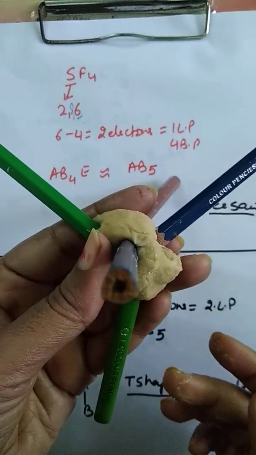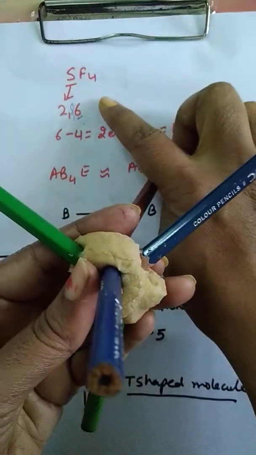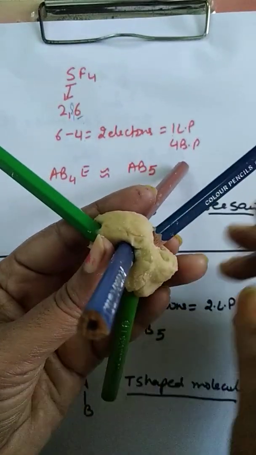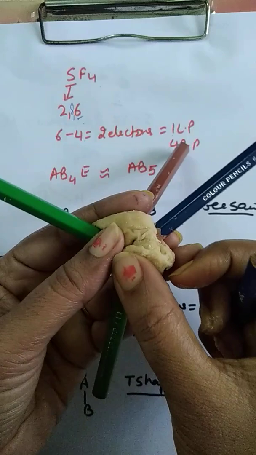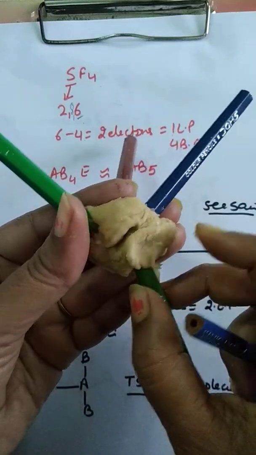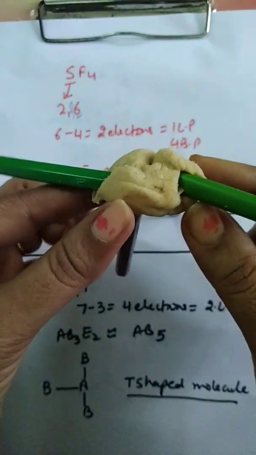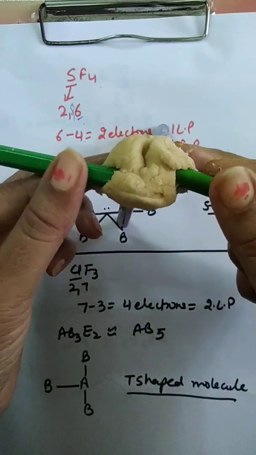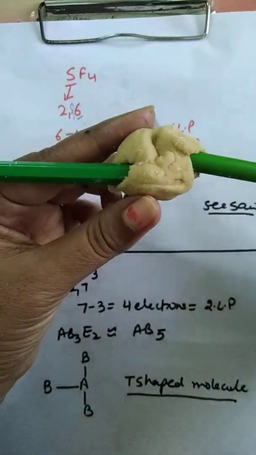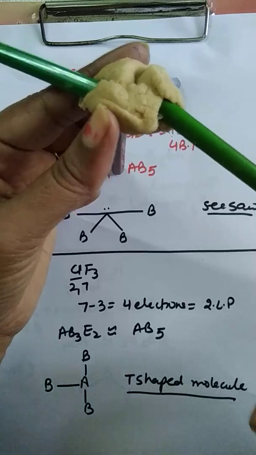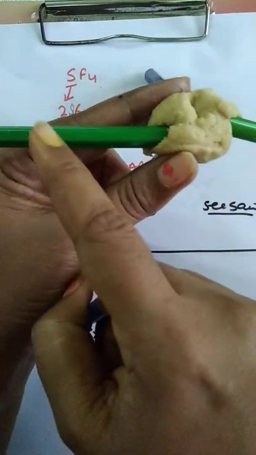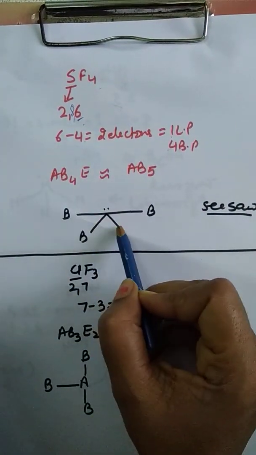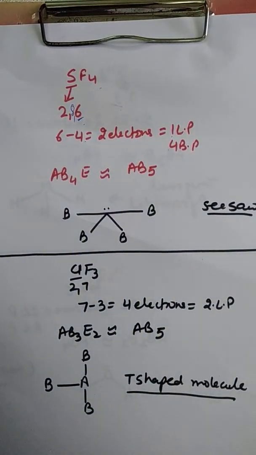This was my trigonal bipyramidal. But now how many fluorines do I have? Only 4, right? So I am supposed to remove one atom from here. Now if you see the shape correctly, you guys have seen this in your parks. This is like a seesaw. This is the bottom of the seesaw, and here is where you sit. Means it looks like this. So the shape of the molecule is seesaw shape.